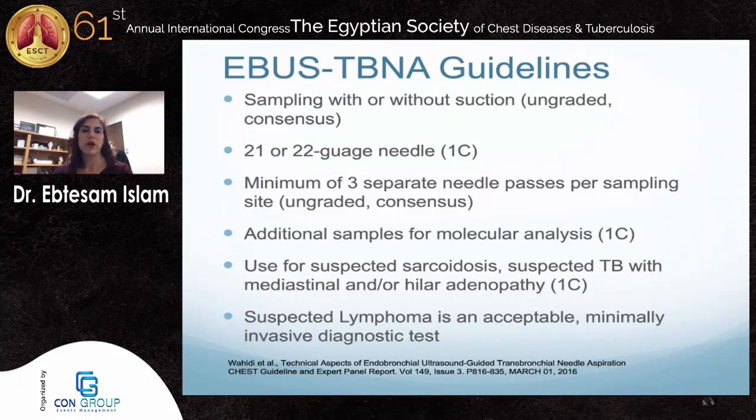You can use a 21 or 22 gauge needle. However, I will say that in larger lymph nodes, or if I suspect sarcoidosis or lymphoma, I will actually use a larger needle like a 19 gauge. Now, the guidelines recommend a minimum of 3 separate needle passes per sampling in order to get enough tissue to